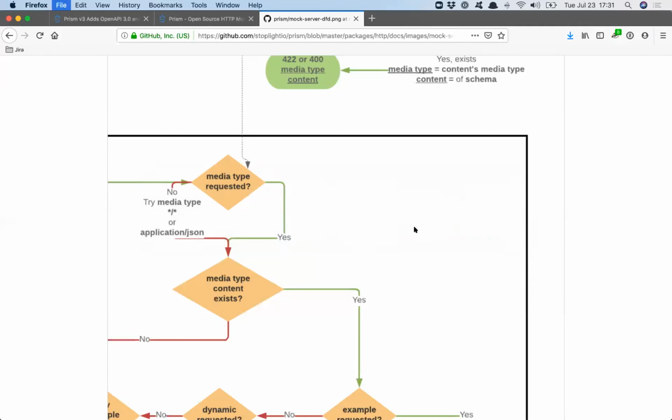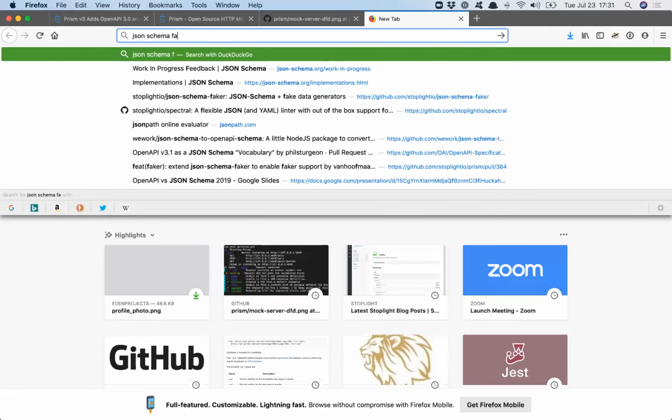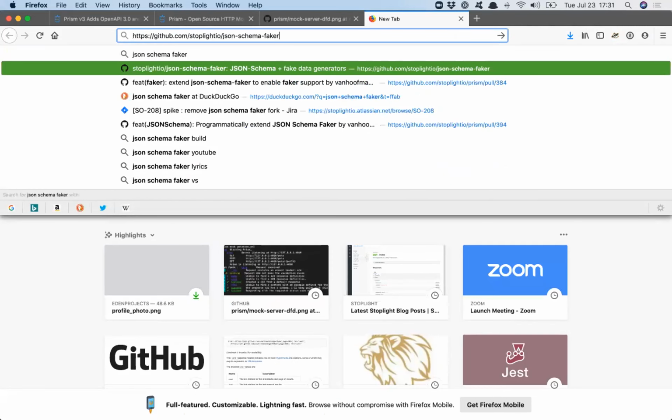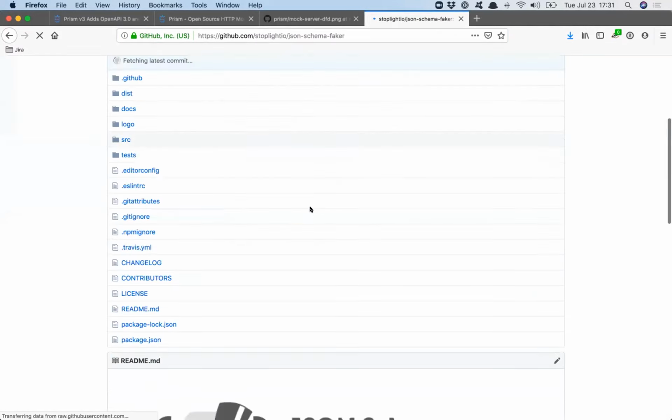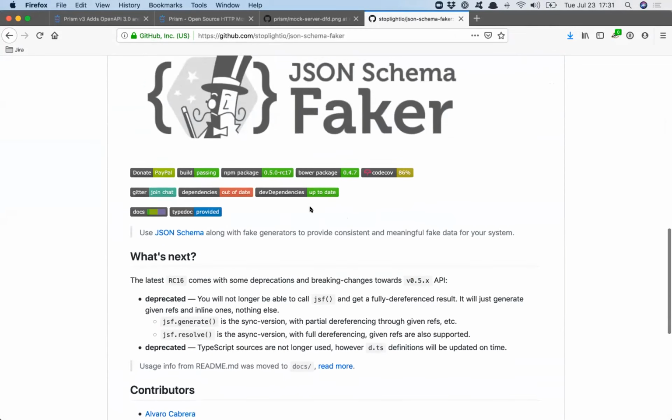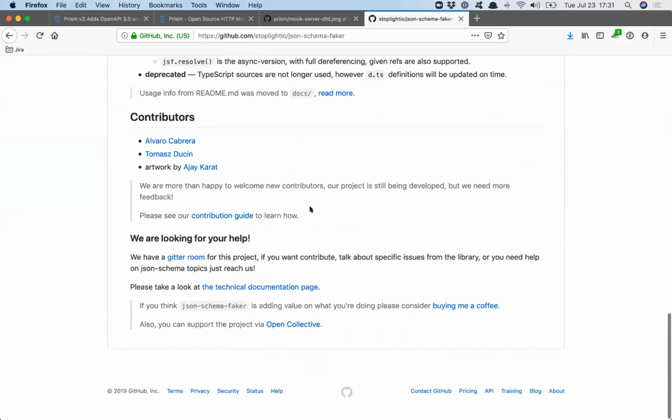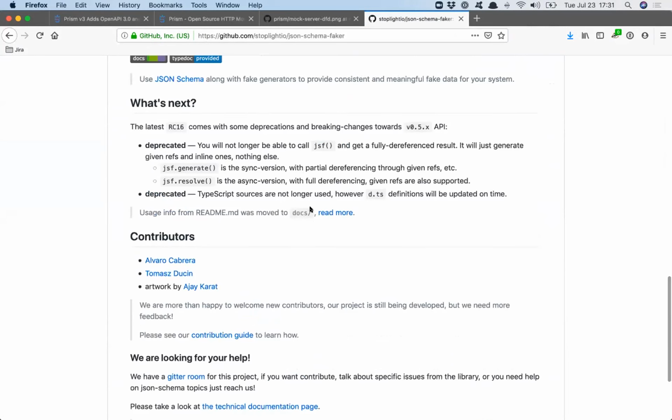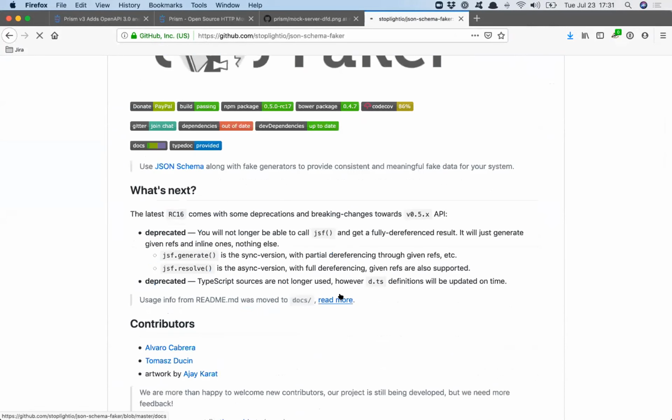The tool we use under the hood is JSON Schema Faker. And yes, there's a bit of confusion about OpenAPI and JSON Schema not being exactly compatible, but we've managed to avoid that problem for you. And we still use this as the guts. So just have a look through this to see what types of formats you can use.